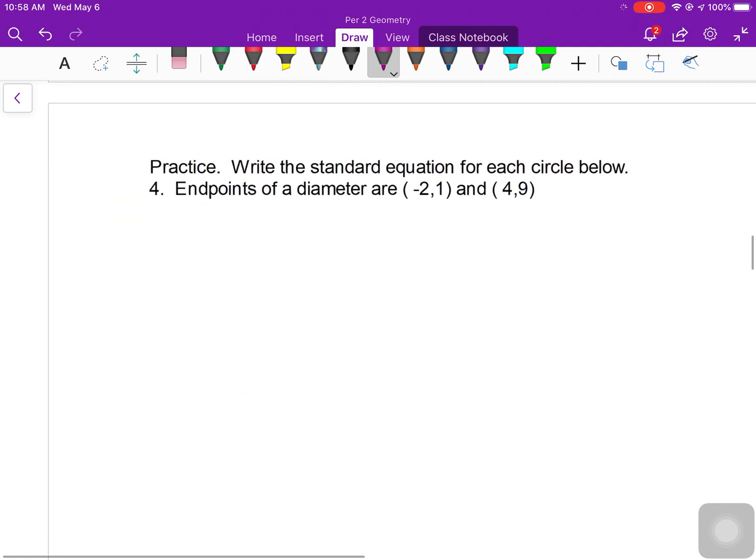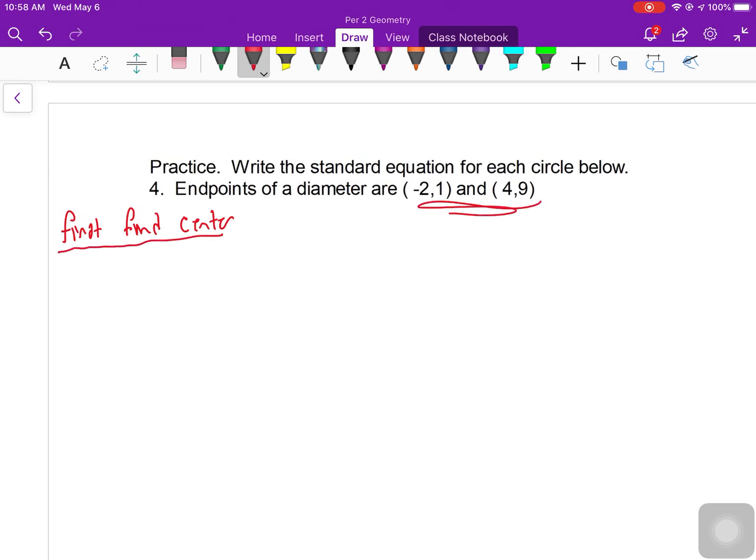Really not that complicated, and something you'll use again as you continue in algebra. Now, number 4 is a little bit more involved, because in number 4, they did not give us the center and they did not give us the radius. So first, we have to find the center. And to find the center, these are the endpoints of the diameter. So we know on this circle,